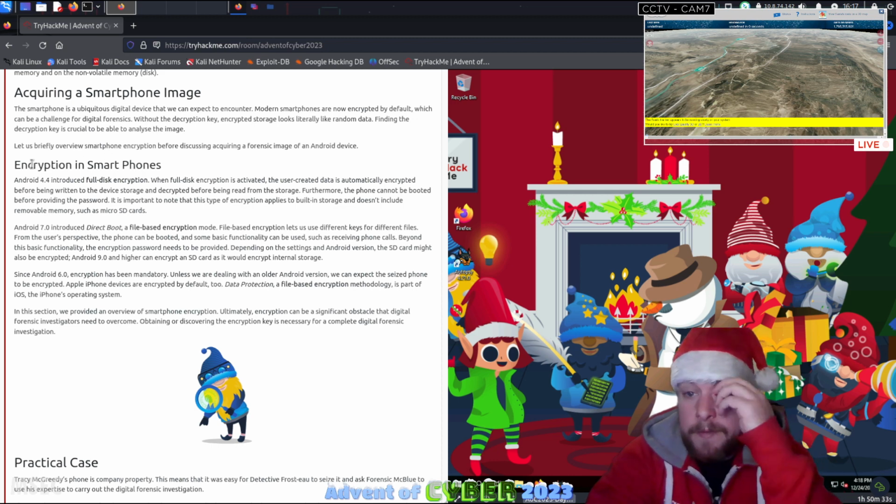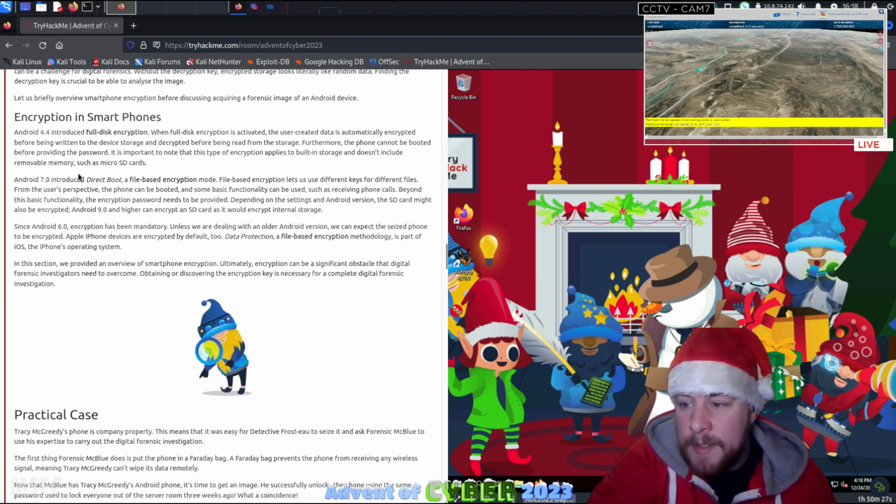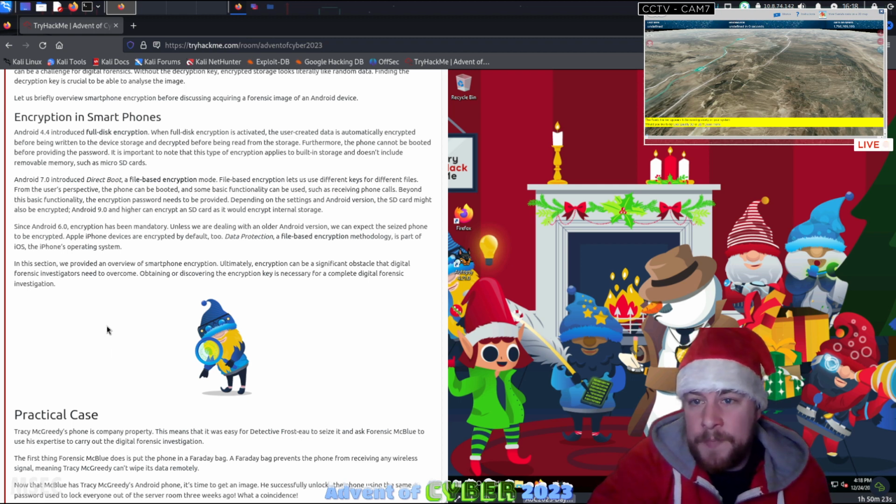Let us briefly overview smartphone encryption before discussing acquiring a forensic image of an Android device. So encryption within a smartphone. Android 4.4 introduced full disk encryption. When full disk encryption is activated, the user-created data is automatically encrypted before being written to the device storage. It's then decrypted before being read from storage. Furthermore, the phone cannot be booted before providing a password. It's important to note that this type of encryption applies to built-in storage and doesn't include the removable memory, such